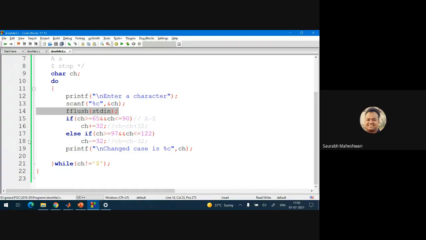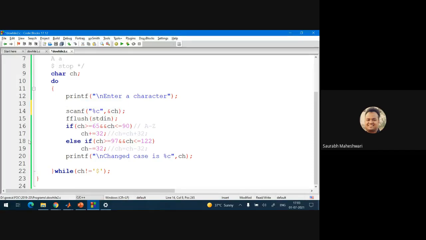Whenever you are doing programs related to scanning characters multiple times, one after the other, what happens is that one time the character comes here, then again in the next iteration it comes again. So the enter that we pressed after this first scanf goes to the next scanf. Now when we do fflush, the enter flushes, and you don't get that problem again.